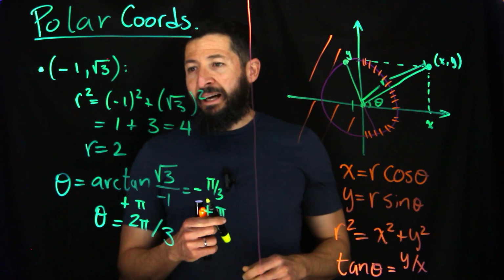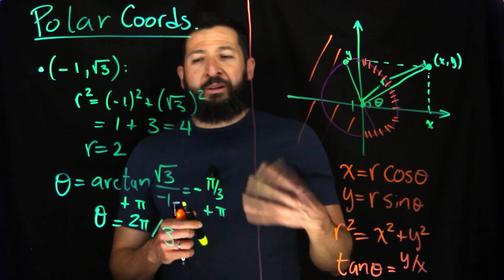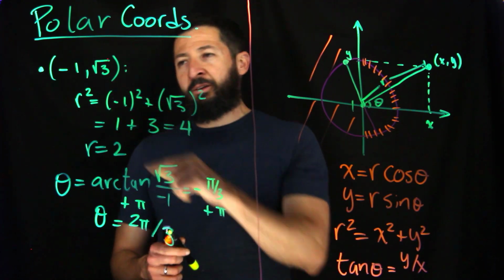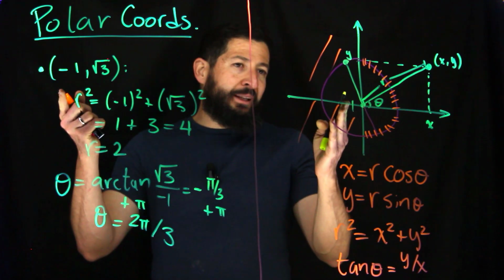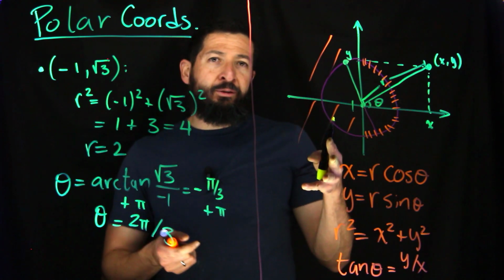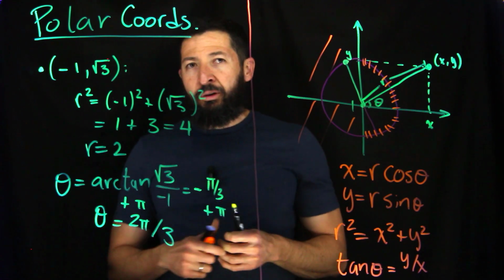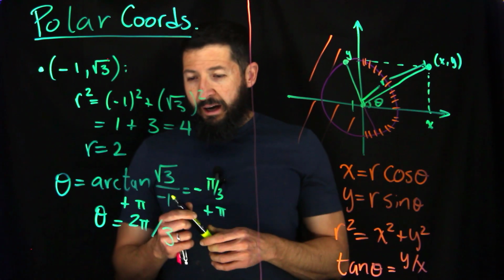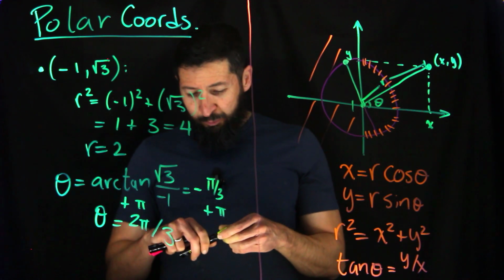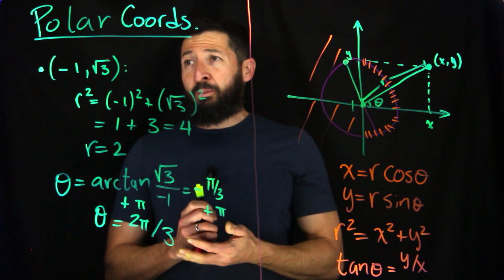Why am I mentioning that? Well, because often you will not have points that are on the unit circle. So for example, if I give you something like negative 3 and negative 4, then you'd have to find your angle by doing an arctangent. So you've got to be very careful with that. Let me do that one as an example,